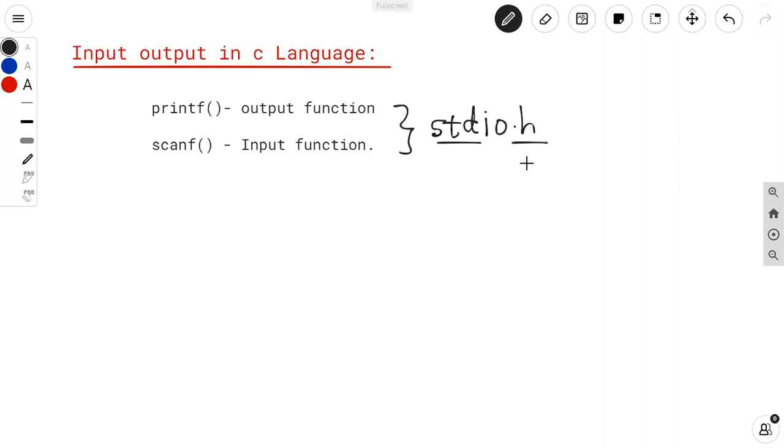So .h means what? It is a header file. So this is the header file because its extension is .h, and all the header files are stored in the C libraries.